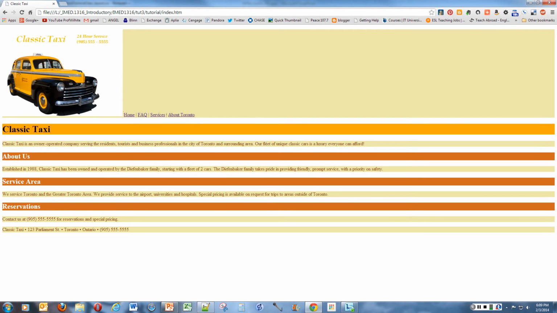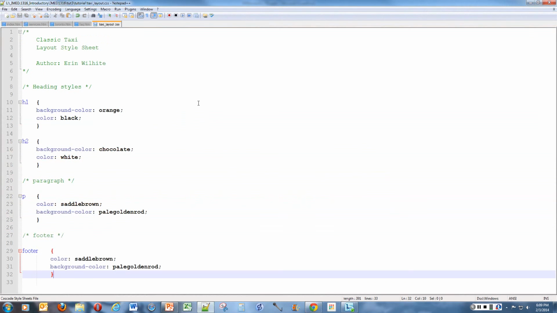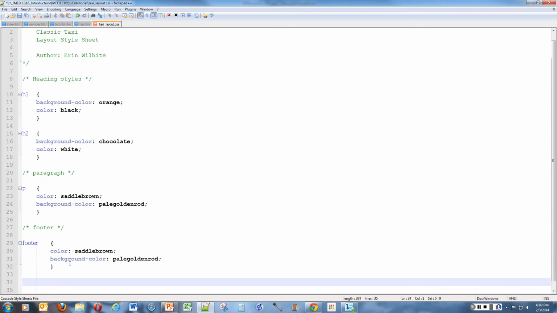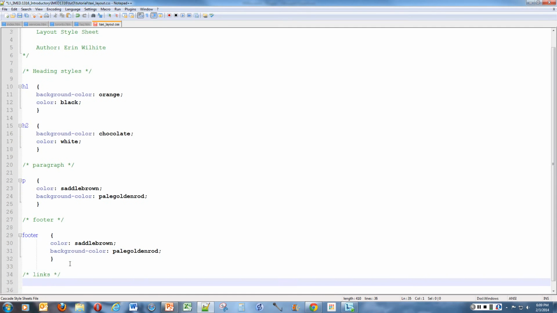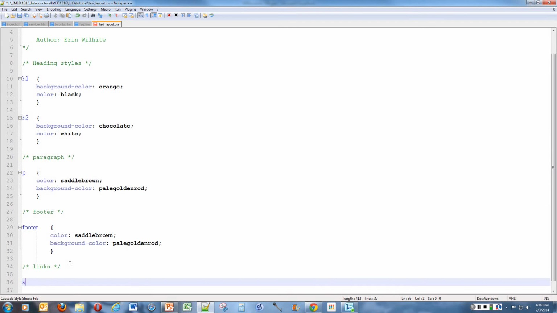We change the style of the links by applying a style to the element that creates them, which is the A element. So back here in the taxi layout CSS file, let's tell it what the links are going to look like. First, a little comment to say this is going to be about the links. And then A, which we already know, that's the same as in HTML. A is a link, it's an anchor,